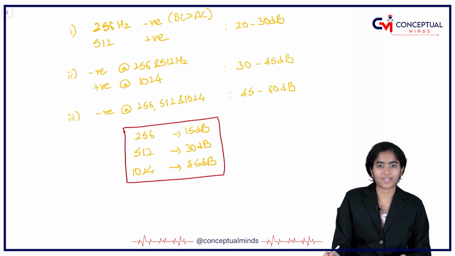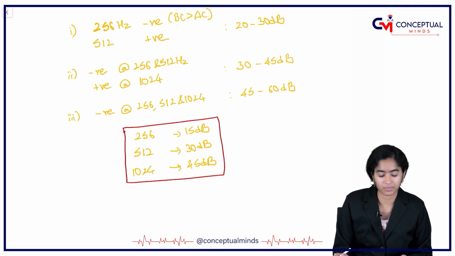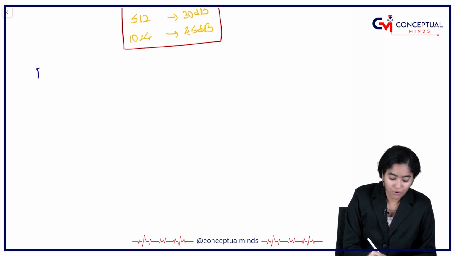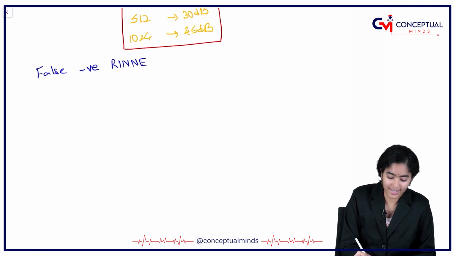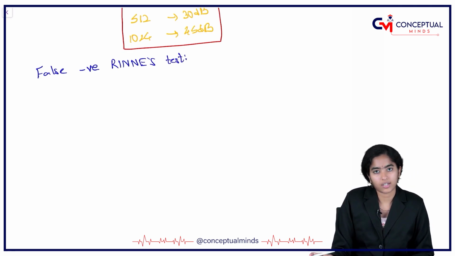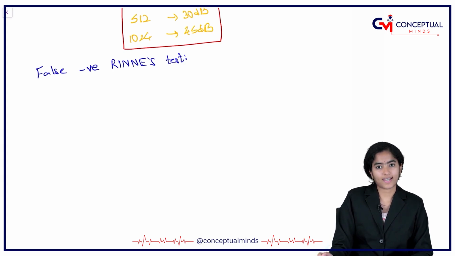So you will be able to answer questions, if at all, to such depth if they are asked. Now we have to learn about another entity called the false negative Rinne test. What is false negative Rinne test? Negative Rinne means bone conduction is better than air conduction, and we assume that the patient is having conductive type